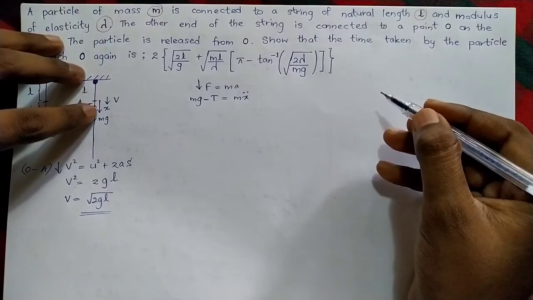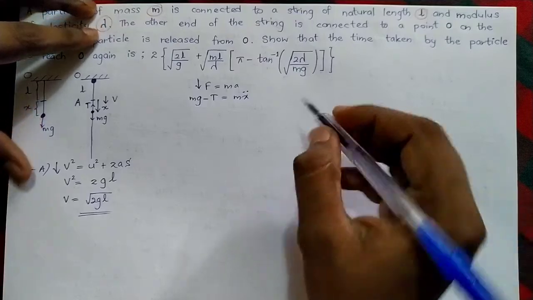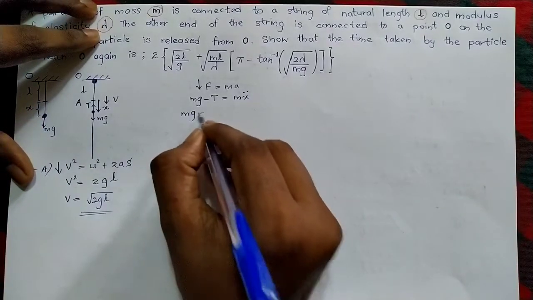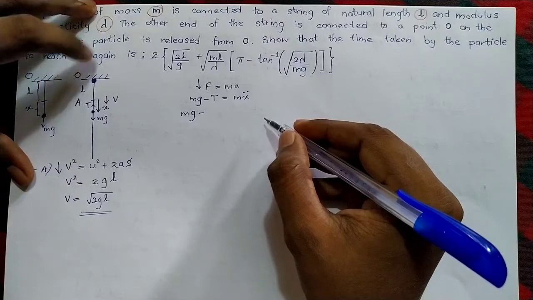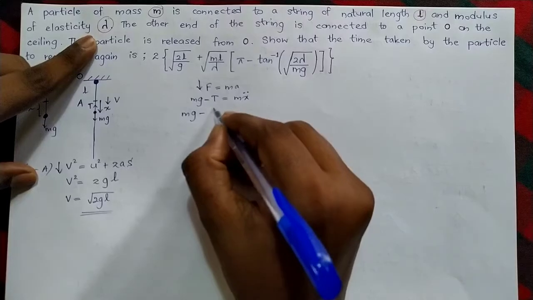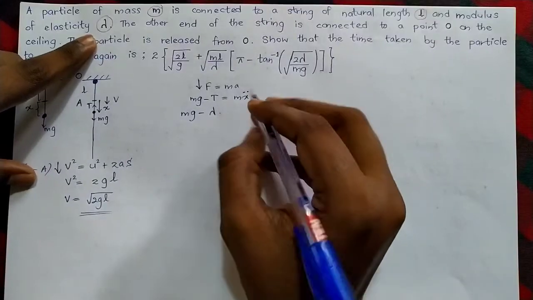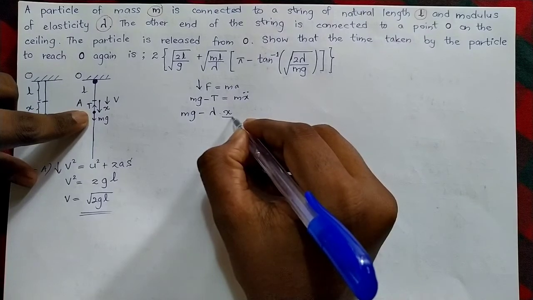If the separation is x, our acceleration is second derivative of x, x double dot. Then what is the tension? We discussed the tension equation in our first video, that is modulus of elasticity given in the problem, lambda, into extension. Now what is the extension? It is x over natural length. Natural length is L